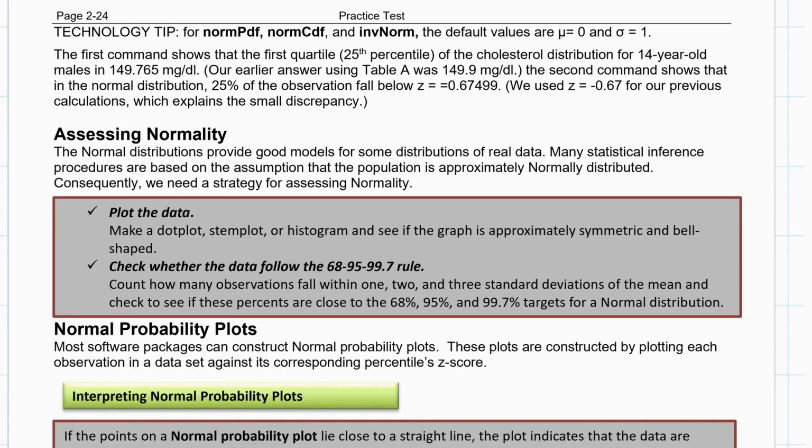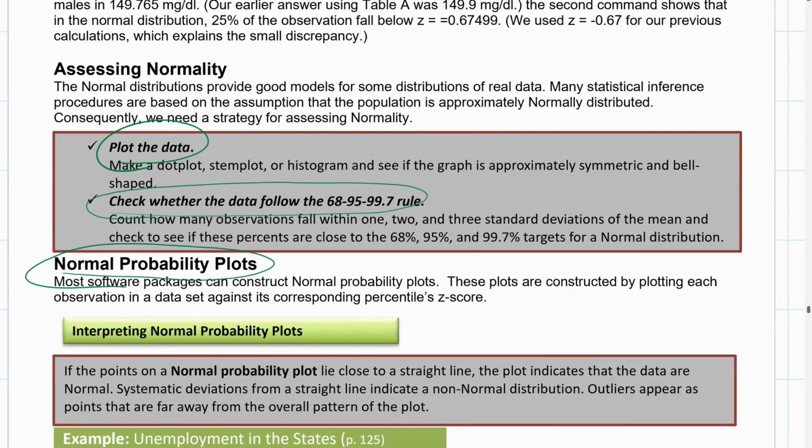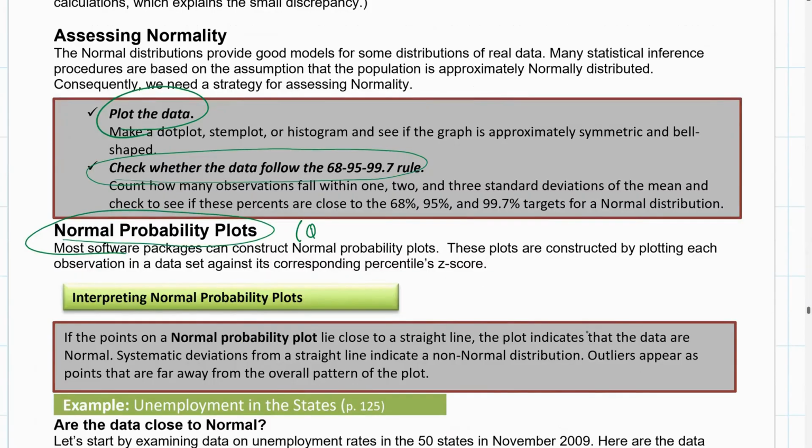Well, we do that by plotting the data. We could do that by seeing whether the data follows roughly the 68, 95, 99.7 rule. And this third thing that we could do is by doing a special kind of plot called a normal probability plot. Now, a normal probability plot, which is, by the way, also sometimes called a quantile plot,